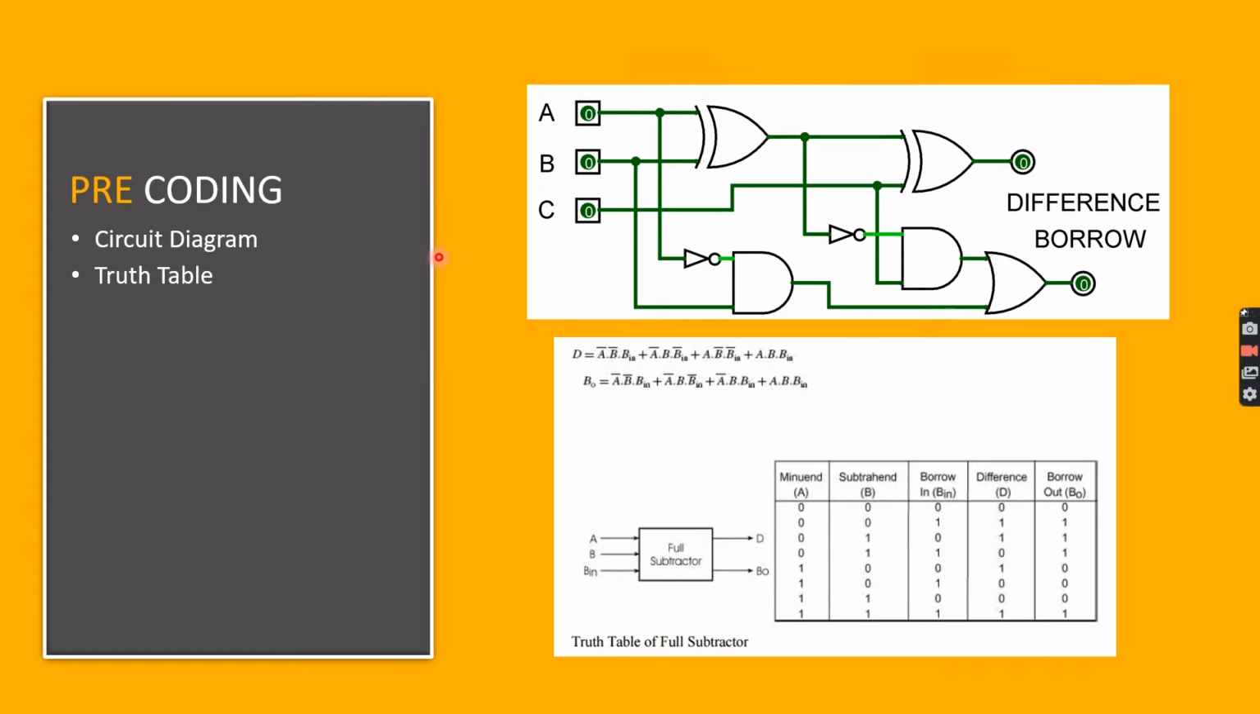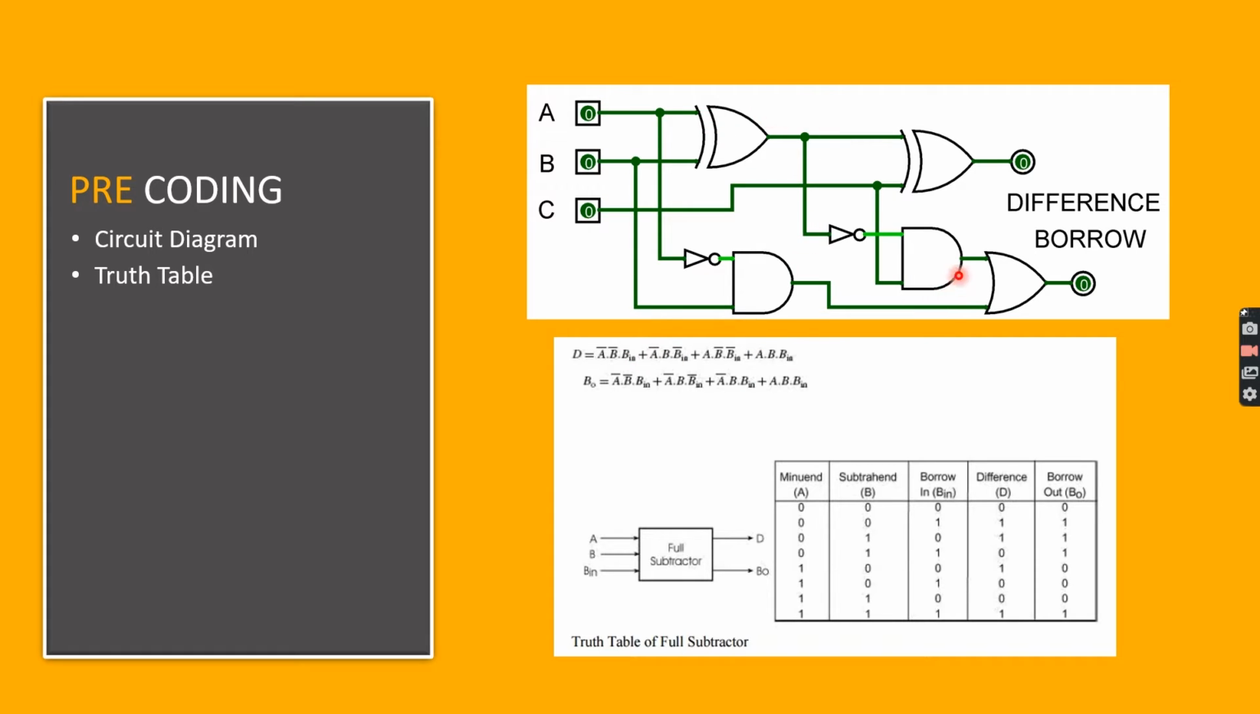In the pre-coding part, you will be seeing the circuit diagram and the truth table, and I will be focusing on the circuit diagram in this video to design the Verilog code. And in the circuit diagram, if you saw my previous video about the half subtractor, you can say that this is using 2 half subtractors in the circuit diagram, which is this part